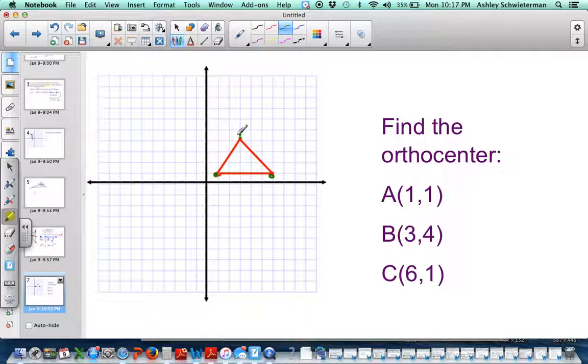So, if I were to extend any of these lines, very carefully, that was really bad though. The orthocenter is going to be found by finding the perpendicular line to that current line. So if I were to find the perpendicular of this line, it's going to be vertical. If I were to look at these two, they actually form